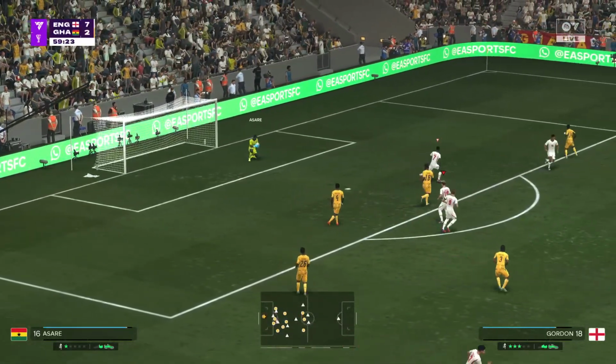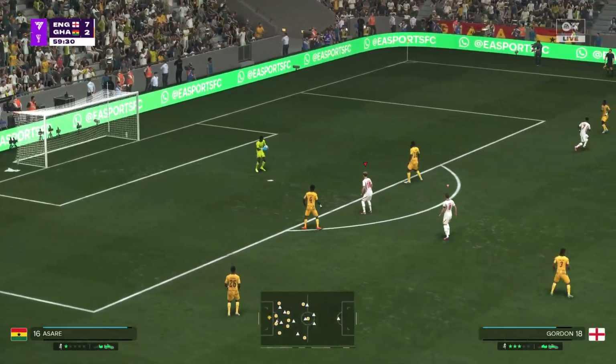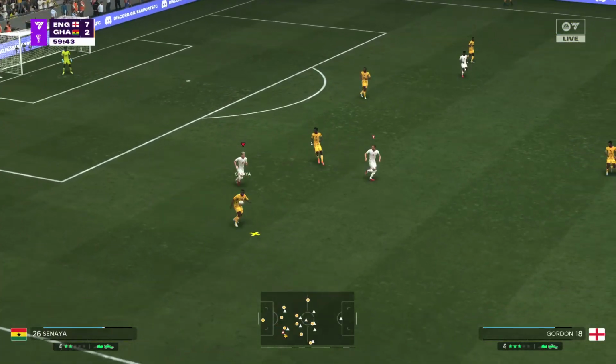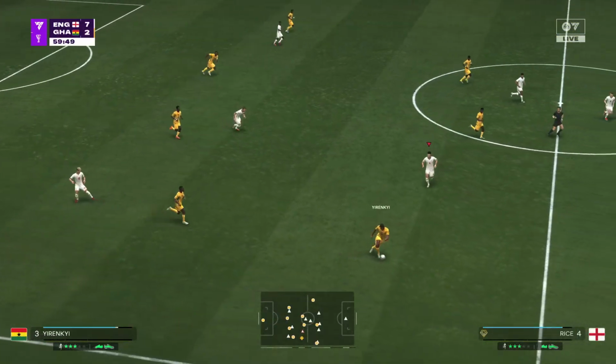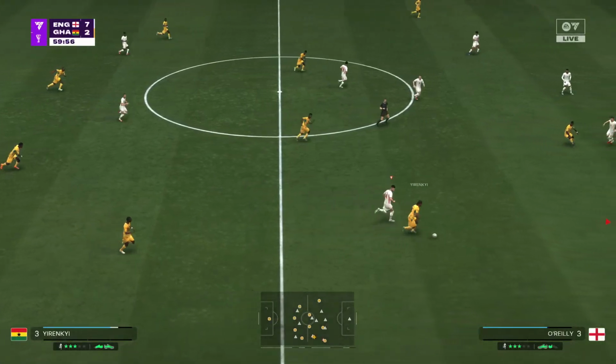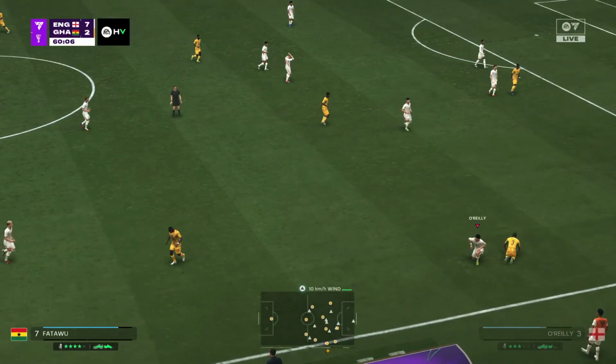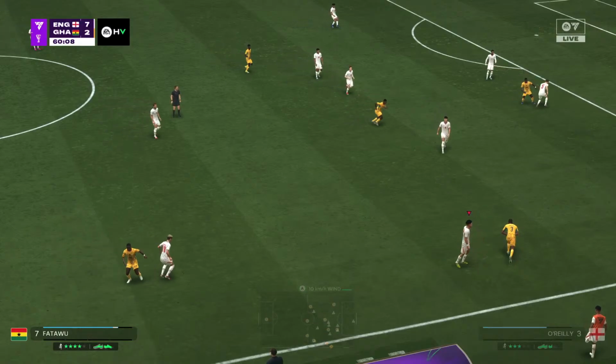Our keeper getting both gloves on the ball. He made good progress there. Throw-in has been awarded.